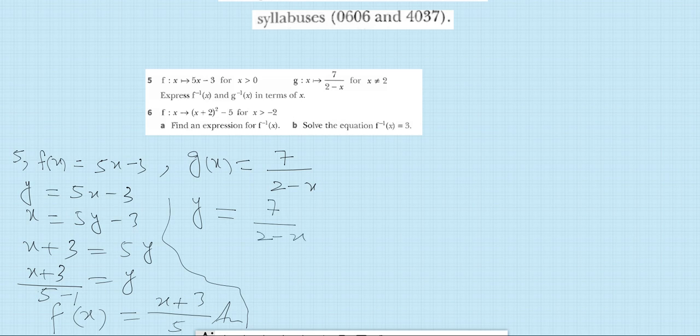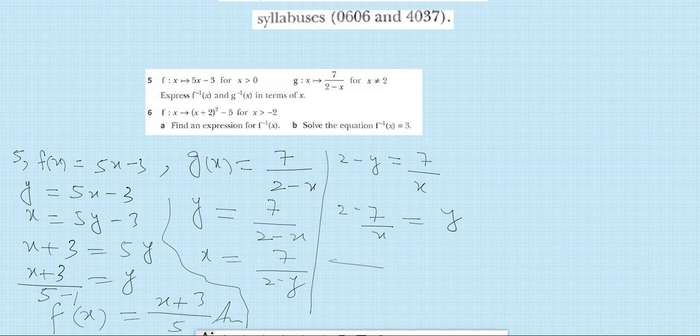Then interchange x and y, so this is x, this is 2 minus y, and the next step is to make y the subject of the given formula. So this 2 minus y is divided over here, it should multiply by x, and x should be divided. Then 2 minus 7 upon x is equal to y, because we need positive y. Subject means always positive. Take x as the LCM, so this is (2x minus 7) upon x is equal to y, and this